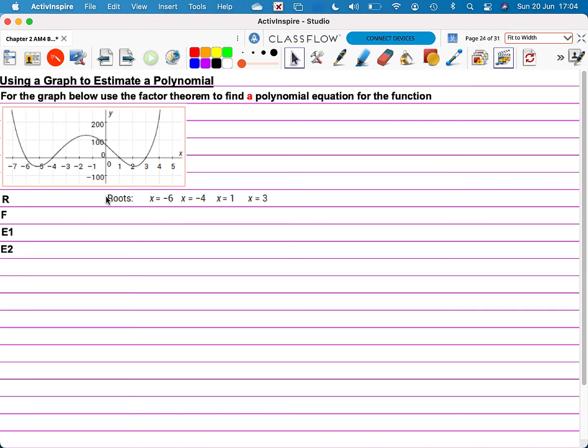So those are our roots, and we know that these roots are all cuts. So we've got a cut here at x equals -4, it cuts at x equals 1, and it cuts at x equals 3. We're now going to generate the factors,